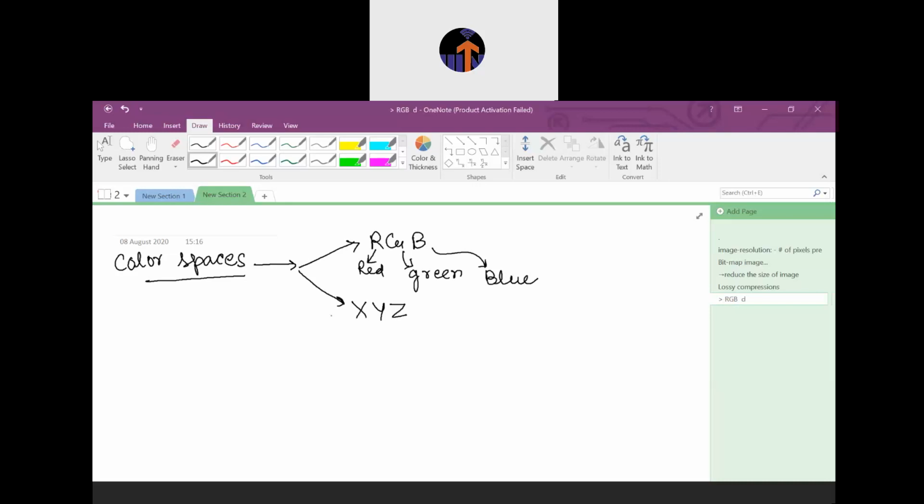And what is XYZ? XYZ are those color spaces which are made up of a combination of different quantities of RGB, like some amount of red, a greater amount of green and no amount of blue. So different quantities are fitted inside the color format and you get the XYZ color space. It is not possible for a human being to collect all of the colors.